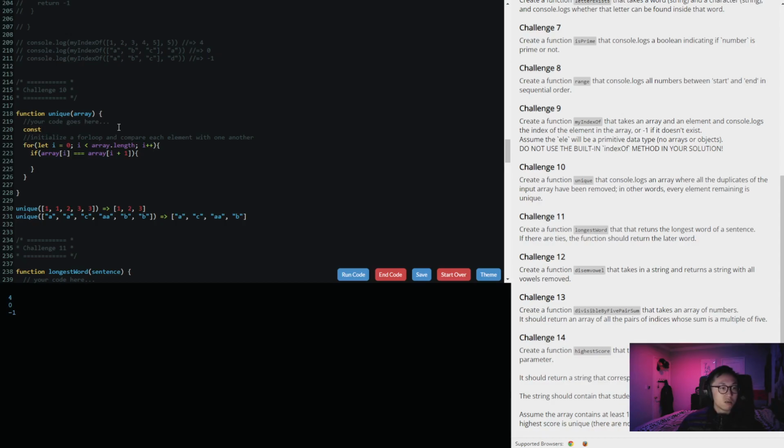Const cache equal to that. I could slice it. I could do array dot slice i, and that will create a shallow copy. So let's just console log array and see what